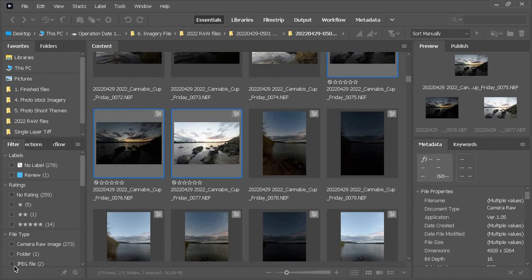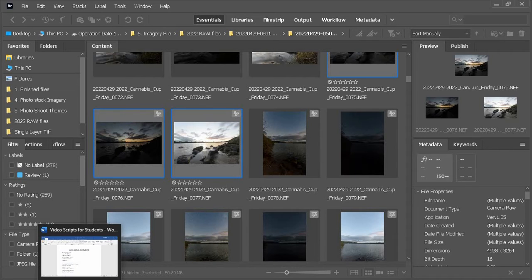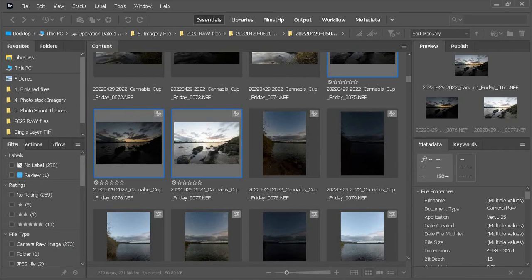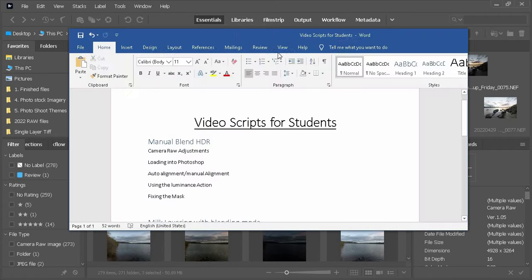Welcome to this lesson on manually blending HDRs. I'm going to break this up into many sections. Overall look at what we're going to be doing is just going to bring this across quickly. So we're going to be looking at